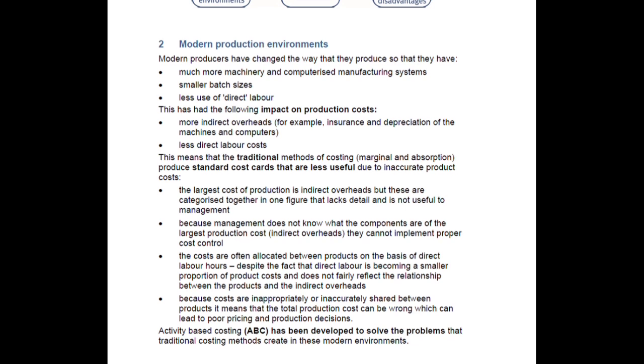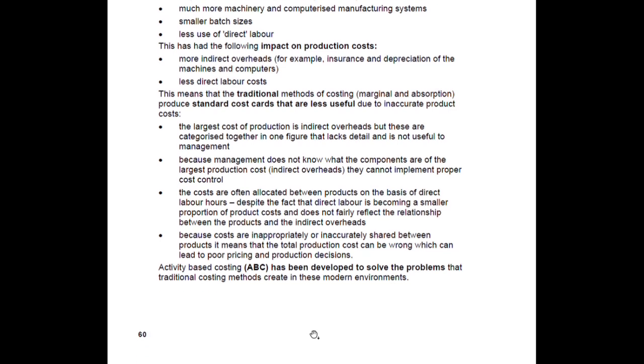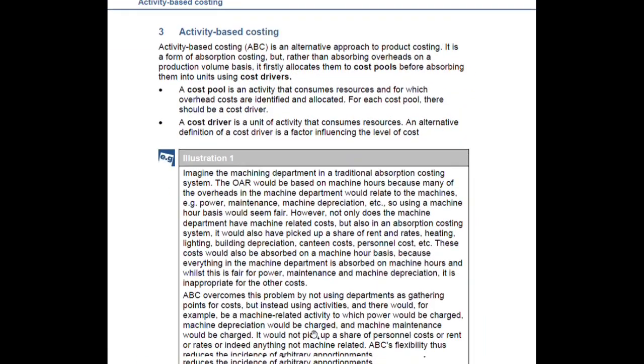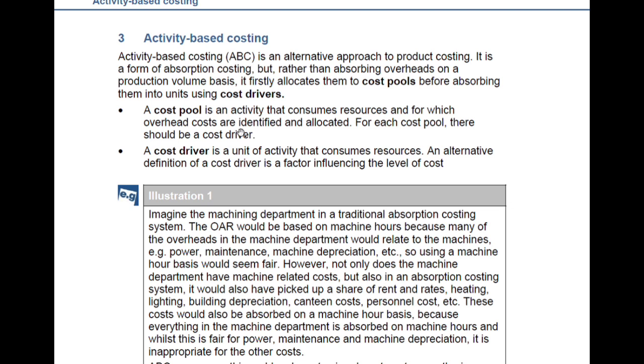So what is ABC? ABC costing, activity-based costing, has been developed to solve these problems that traditional costing methods create in these modern environments. In order to apply ABC costing, we have to follow some steps. Firstly,